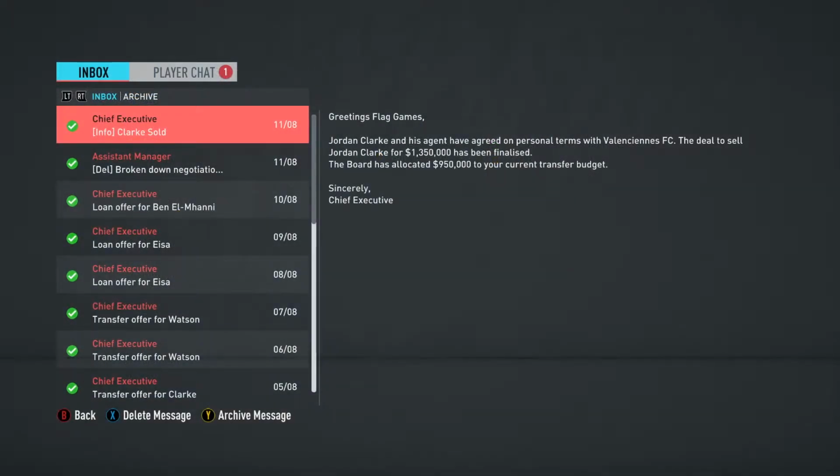Okay, so another player of ours has decided to leave the club. Valenciennes have picked up a Jordan Clark. It was an excess surplus to requirement right back. They've picked him up for 1.35 million, and the board has given us the 950 back to go straight into